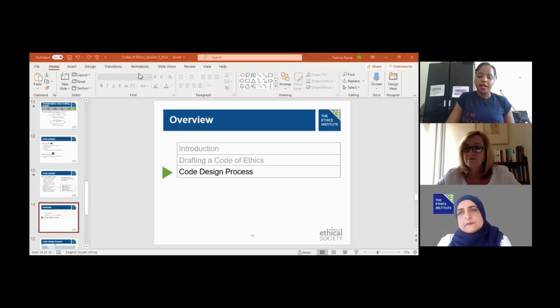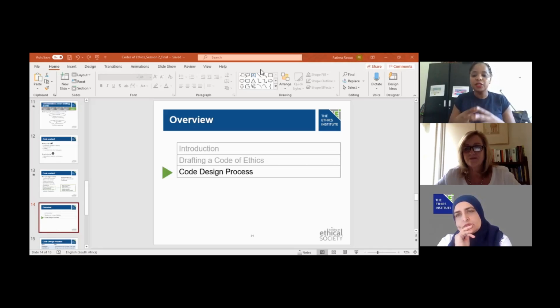Yep, I can go. I think one of the things that is very important when you go about drafting a code of ethics, please bear in mind that it's not your code. It's a code to serve others. And being so, others need to be involved from the get-go.